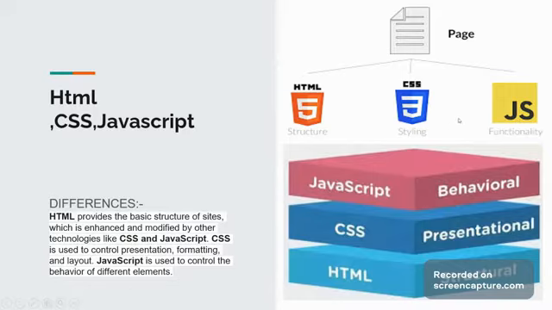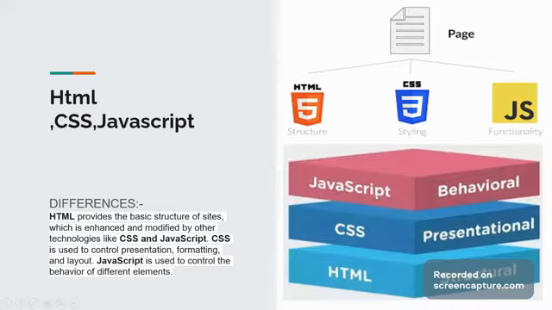These three are combined to form a web page, where HTML represents the structural form of the code, meaning the outline of the code will be represented by HTML. CSS, the presentational skills, will be represented by the CSS code, where CSS will give the styles and colors and so on. And JavaScript gives the functionality of the web page. The functionality of the web page will depend on this JavaScript.